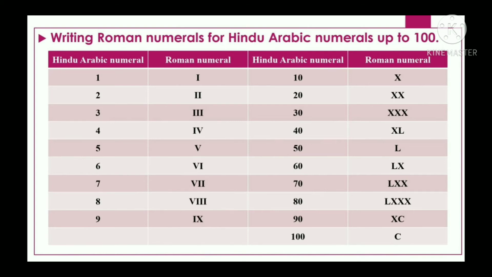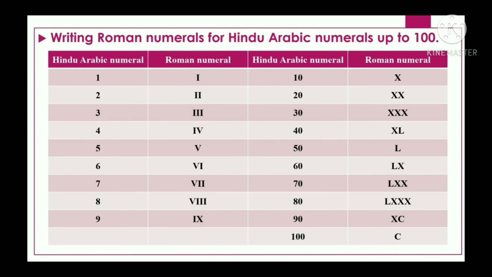For 1 we can write I, 2 is equal to II, 3 is equal to III, 4 is equal to IV, 5 is equal to V, 6 is equal to VI, 7 is equal to VII, 8 is equal to VIII,